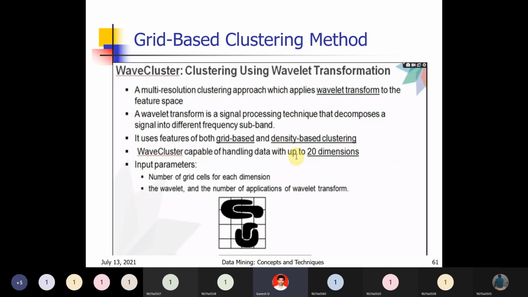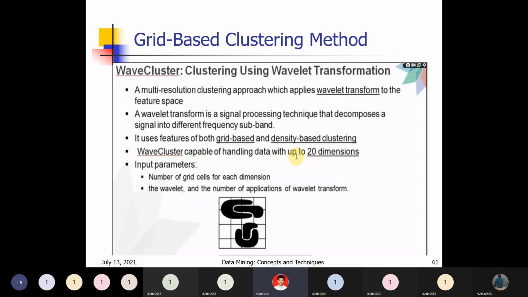Okay, so you can observe the data can be divided like this. The data can form clusters in this way, combined together. In K-means we cannot do this. The DBSCAN method has this advantage: arbitrary shapes of clusters can be formed in DBSCAN. So in the WaveCluster method, we are applying two approaches.